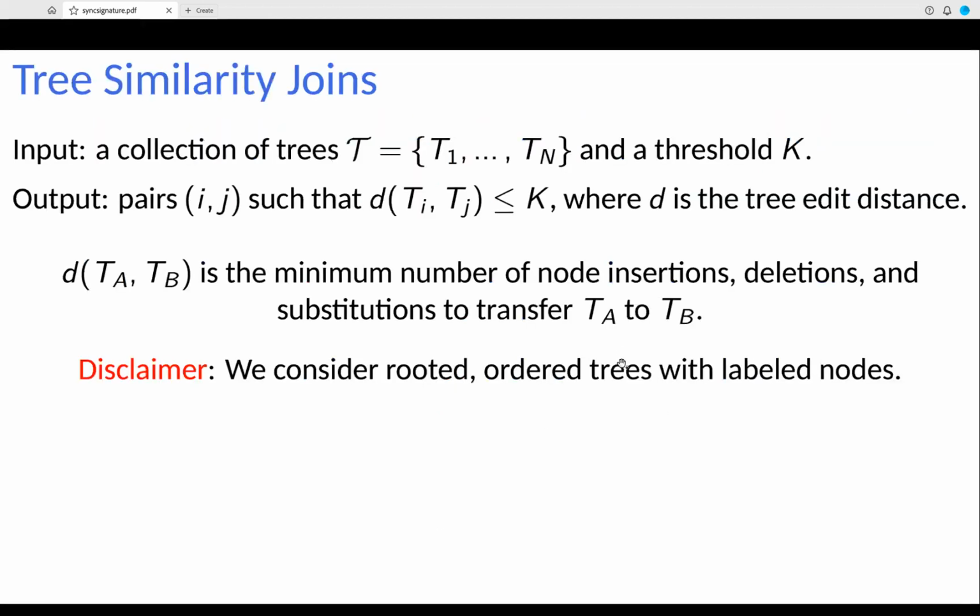In a tree similarity join, we are given a set of trees and some threshold k, and we need to output all pairs of trees such that the distance between these trees is at most k. And by the distance, I mean the tree edit distance between trees. And for this talk,